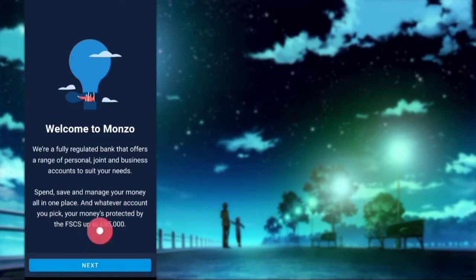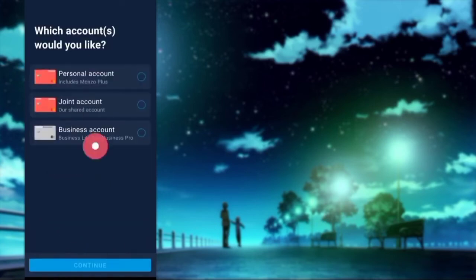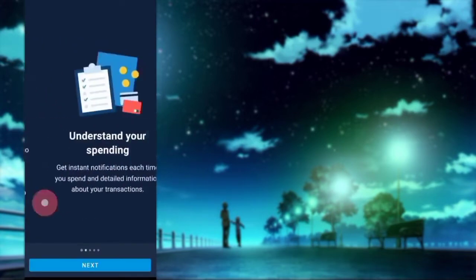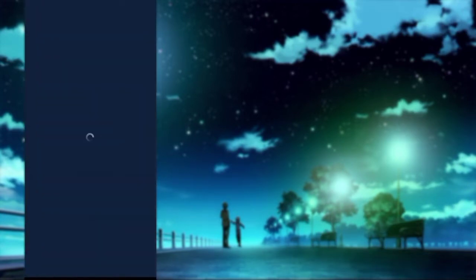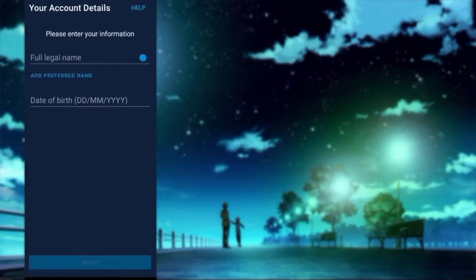Now we have to go to next and select which type of account we want to open with Monzo. It will be your personal, joint or business account. In my case I want to go with a personal account, so click on continue. Then skip all this intro by tapping next, next, next, and now it's asking your full legal name and